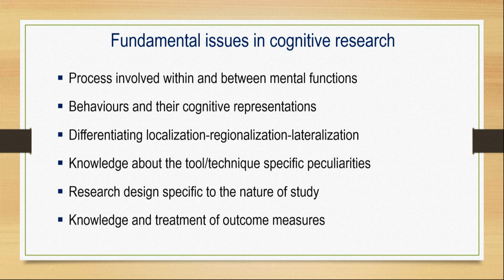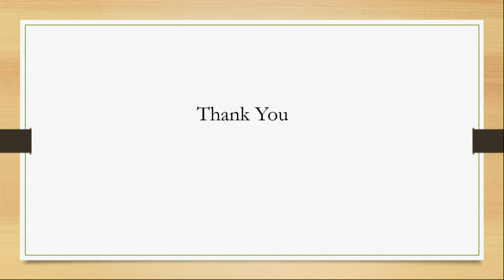Basically, the emphasis is that I wanted to tell all these aspects because you are all from varied disciplines. Maybe many of you may not have read psychology, or some of you might have read psychology, but these are the basic aspects. If you are